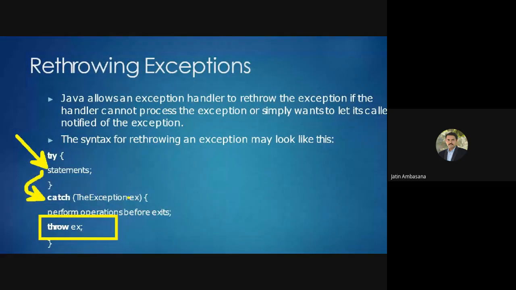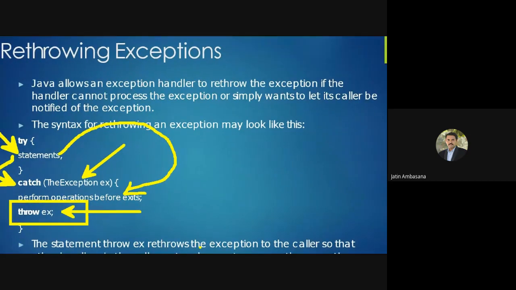It might happen that you are catching a specific exception, but an exception object of that kind did not generate. So then what should you do? You do some operation, and then you rethrow that exception.